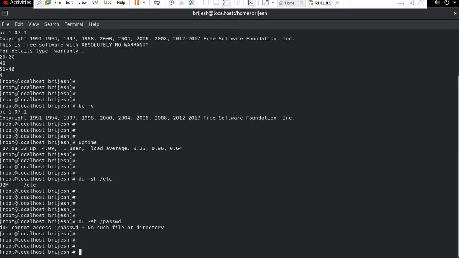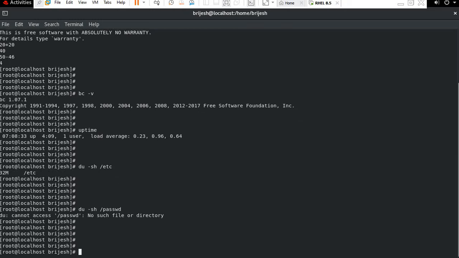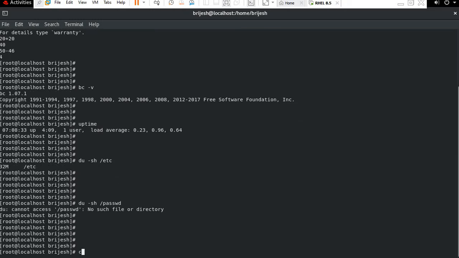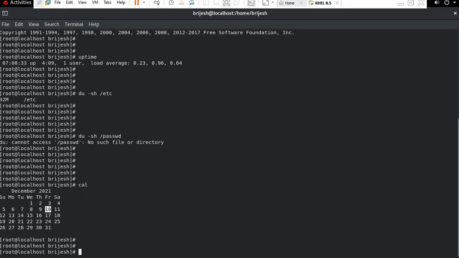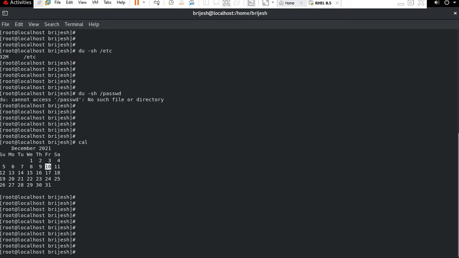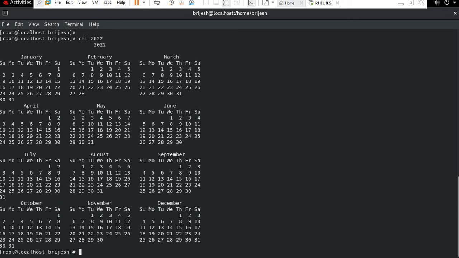Now how can we check the calendar of the whole year? First we have cal. You can see it opens the current calendar, 2021. Now to check the whole year, we have the command cal, and just type 2022. If I press enter, you can see the 2022 calendar.